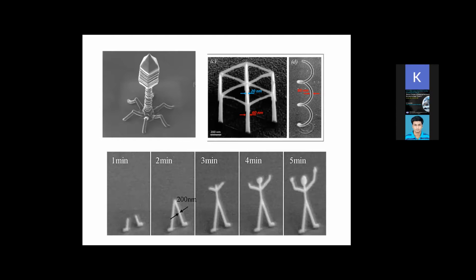And you can see that the shape of a human being has been made, where the legs are of width 200 nanometer. So that is possible. So these things are possible. Obviously, one should not make a human being structure using this. This is just for a show. But for different requirements, you can make a motor-like structure, a coil-like structure, a spring-like structure using this.